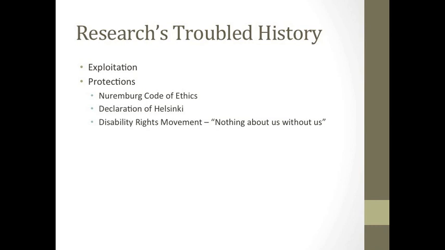Other historical examples of the participants' right to informed consent being violated are radiation experiments conducted on children with intellectual disabilities from the 1940s to the 1960s, and the Tuskegee syphilis study involving African American men from 1932 to 1972. The Nuremberg trials publicized the sterilization, euthanasia, and medical experimentation carried out by the Nazis during the Second World War. In 1949, as a result of these unspeakable atrocities, the Nuremberg Code of Ethical Practice made it necessary for human participants in research to give their voluntary consent.